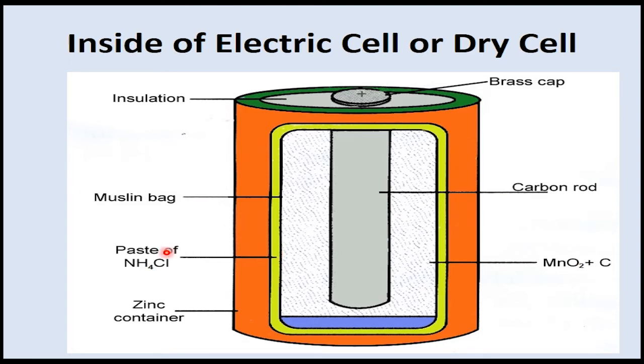The formula of ammonium chloride is NH4Cl. The outer side of the zinc container is covered with a cardboard cover except the bottom. The cell is sealed. The tip of the cell that is metallic capped acts as the positive terminal and the base that is the metallic disc acts as the negative terminal.